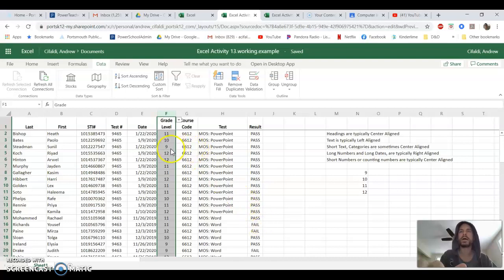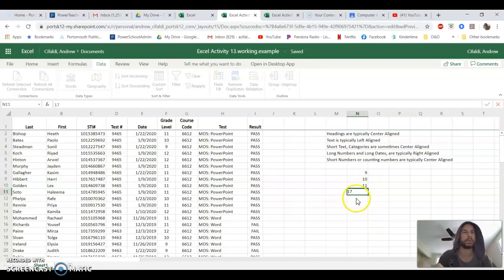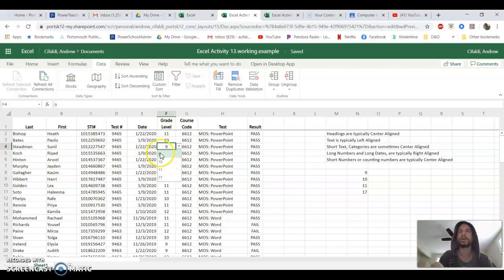All right, so now I have this list, 9, 10, 11, 12, and it is getting that list from this area. Just to prove a point here, let me show you if I change this to 17 for whatever reason. Now I look at my drop-down list and look, I have 9, 10, 11, and 17. So there are reasons why this might be useful for you. If you expect that the list might change periodically,